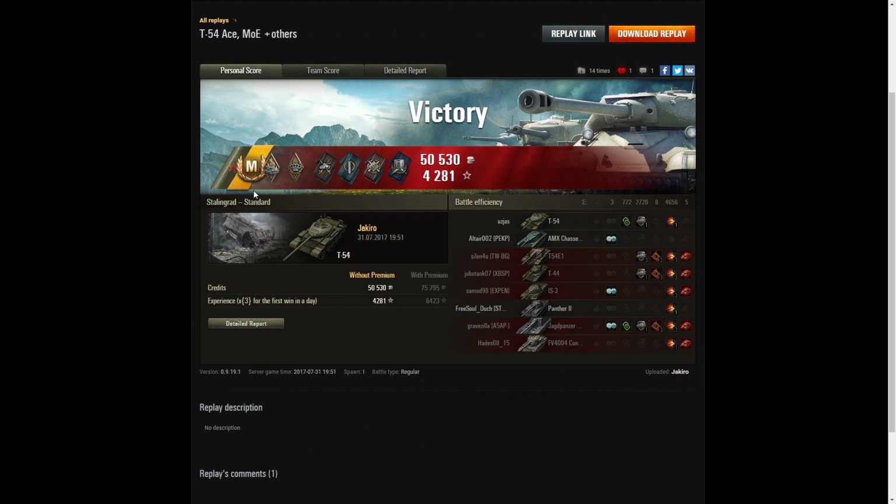So, nice ace tanker and a first mark of excellence for Jakiro. Sadly, no other medals, but I think it was quite nice seeing Stalingrad again. After all this time, yes, it's been a long time since they took it out of rotation, ever since the HD maps went in, and Stalingrad wasn't one of the ones that Wargaming had ready to replace. In fact, I think they'd already taken it out by the time the HD maps came in anyway,